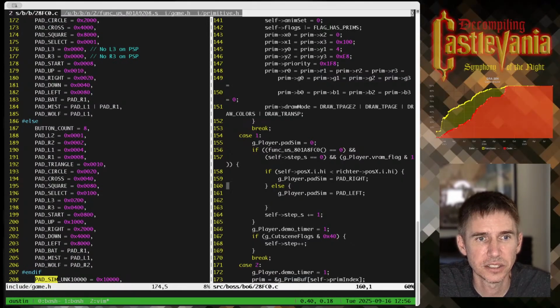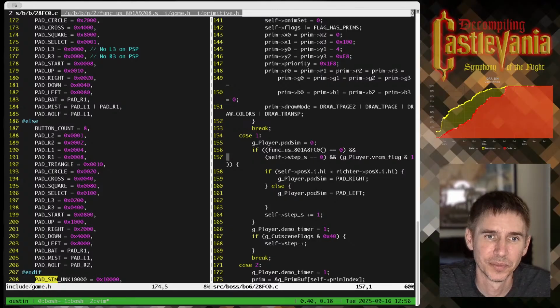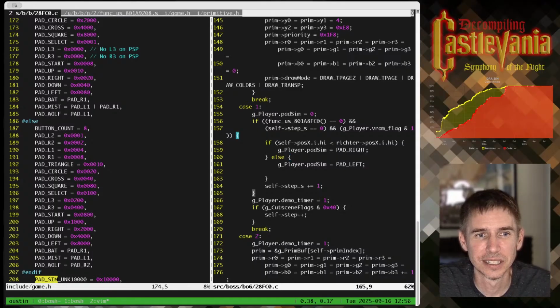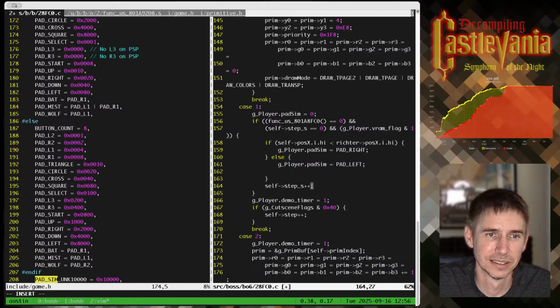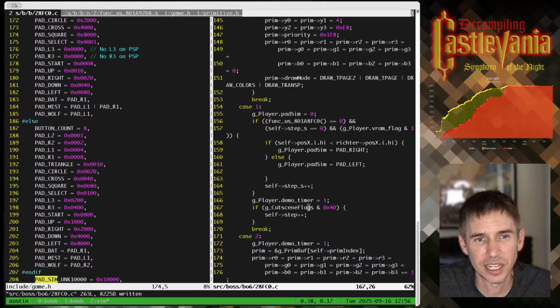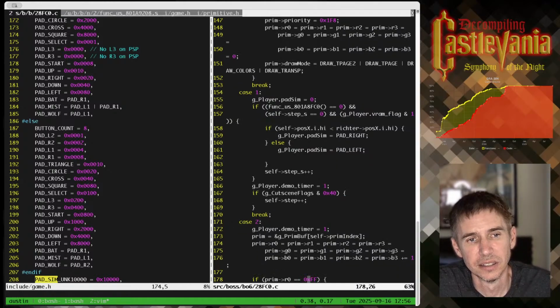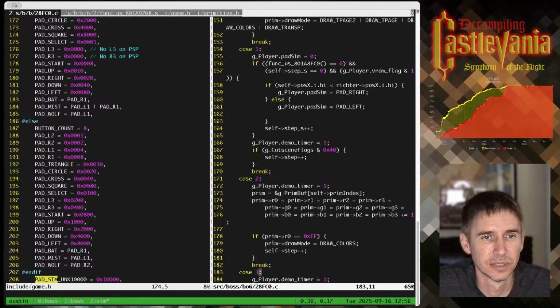Oh, Dizek is saying this turns, yeah. So look at where Richter is compared to the player. Yeah, it's really fun to, like, as you get symbols and determine meaning. Demo timer, kind of related to all that, what it does is pause the sprite for however many frames you tell it. So in this case it'll be 1.